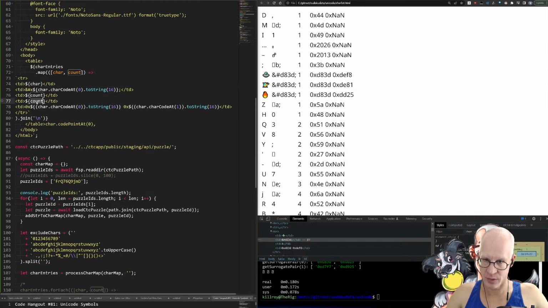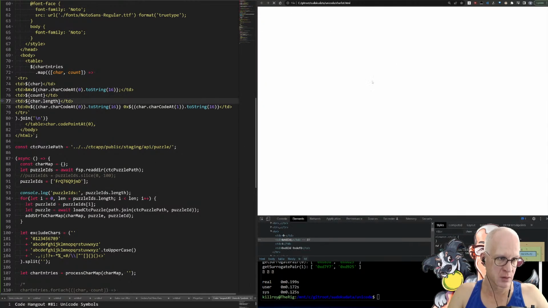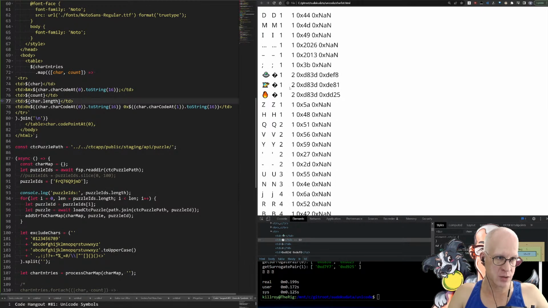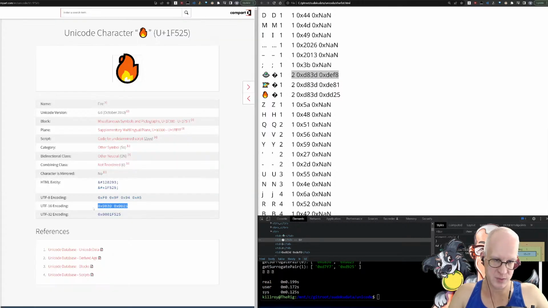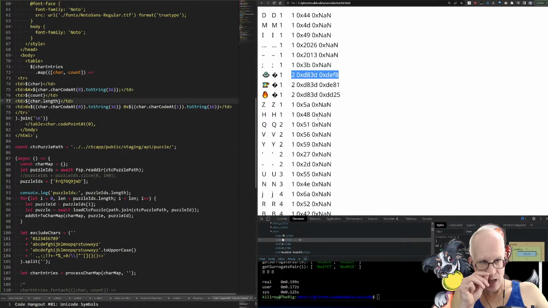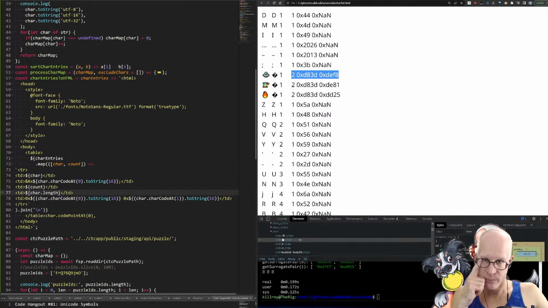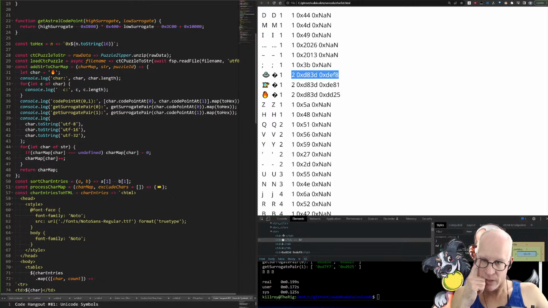What if I put char.length after the count here as well? So count char, yeah, so here character, so char code, okay. So we have these two here, which corresponds to these two. But I'm no longer getting this one. And of course all the ones that only have one. But up here,